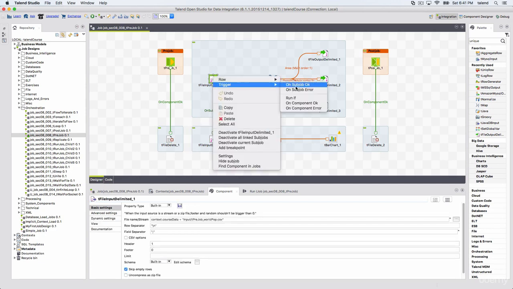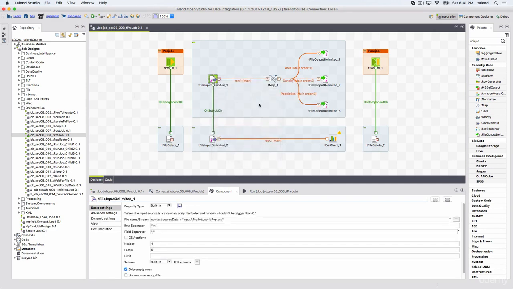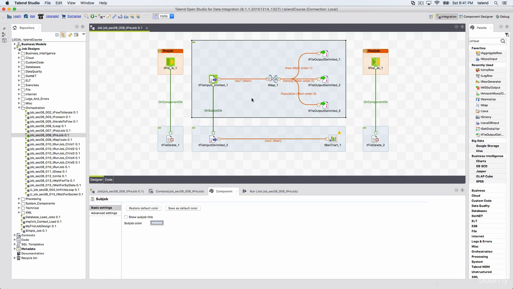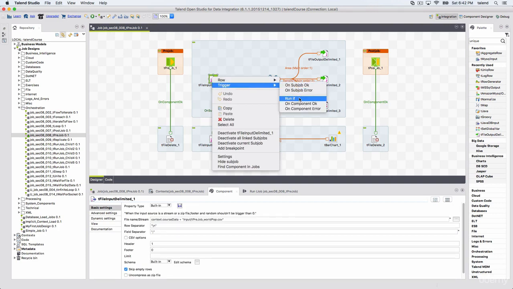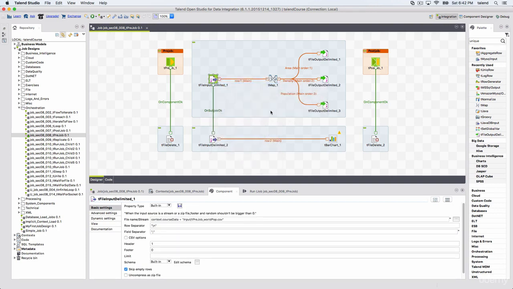Then we have on subjob error, which means if you get any error on this subjob, then only trigger the corresponding subjob, or whichever subjob you connected the connection type to. Then we have run if. Run if is like a condition.